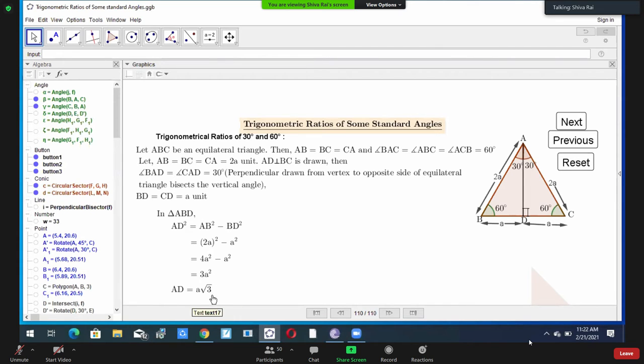But the square root of 3 we cannot find. So it stays inside the root sign, and A comes outside the root sign, because A square means A into A. So out of the same 2 A's, if you take 1 A, it can come out of the square root sign. It means we can remove the square root sign. But there is 3, we cannot find the square root of 3, so it remains inside.